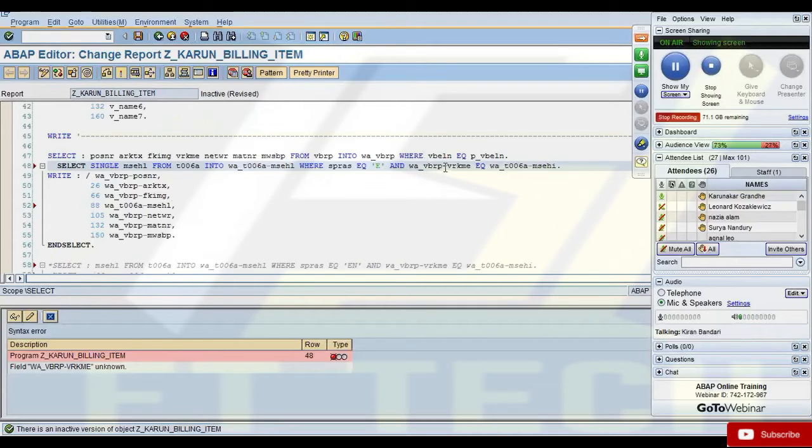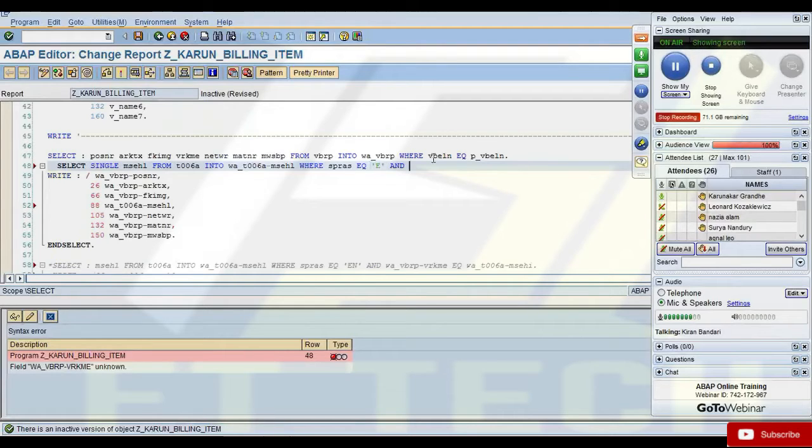And now you're writing the select wrong. Spras equals to E, MSCHI, and the order of your selection and the order in which you compare your fields should be as per the table.